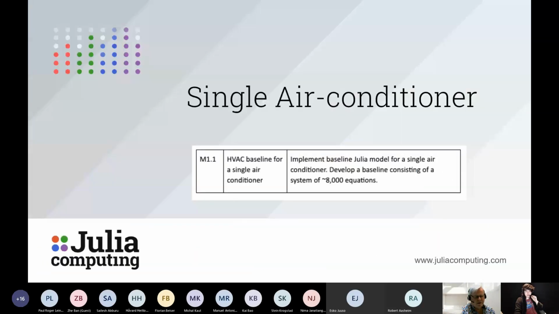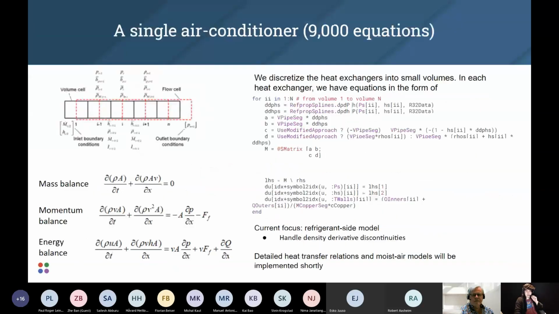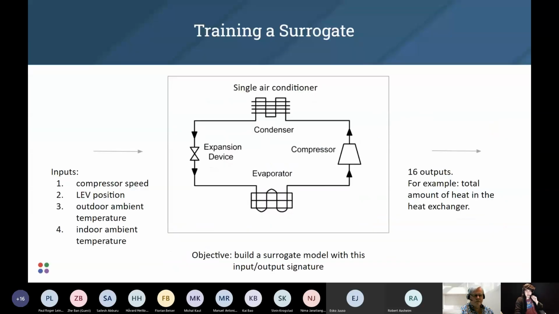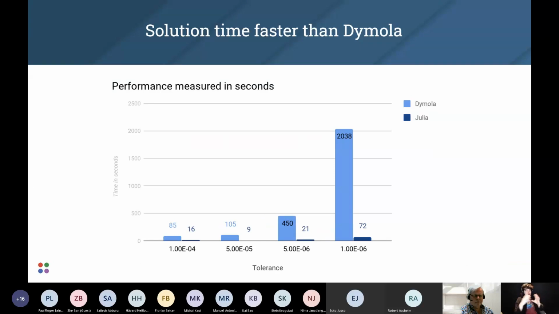Mm-hmm. Yeah, so I'm not going to go over the full details of what we have going on here. This is a larger project which we're doing in collaboration with Julia Computing. We wanted more manpower to really be able to get up to speed and surpass Dymola, and so we built it. We got a few ARPA-E grants to get this team of around 20 programmers working on ModelingToolkit now. Let me see if there's a slide in here for that. But essentially, it has a whole Modelica-based system for doing component-based modeling.